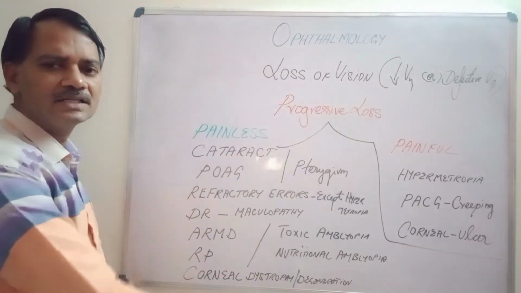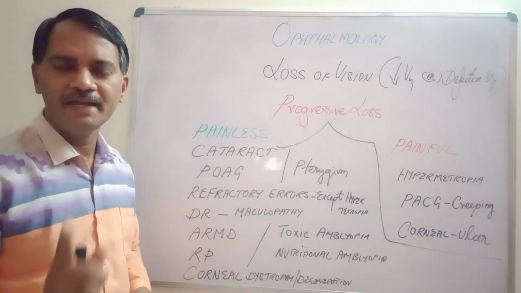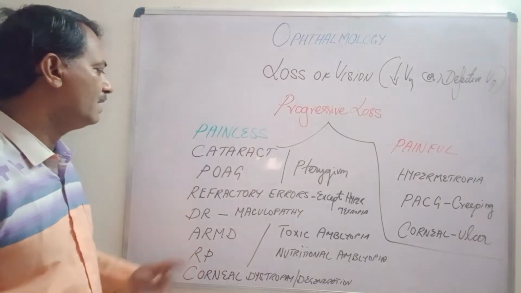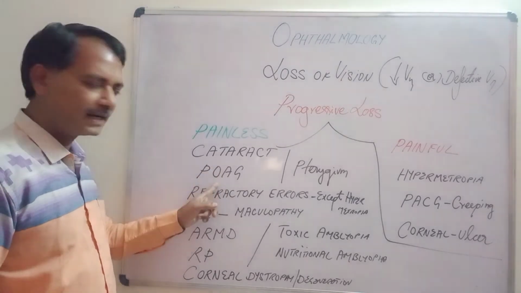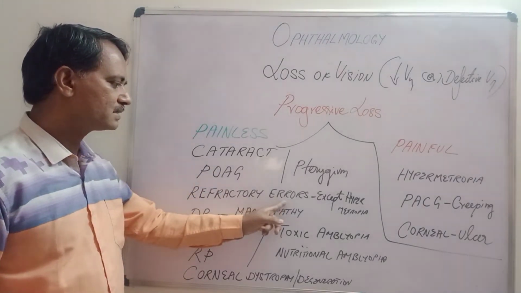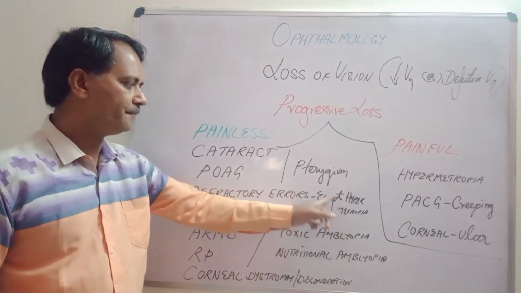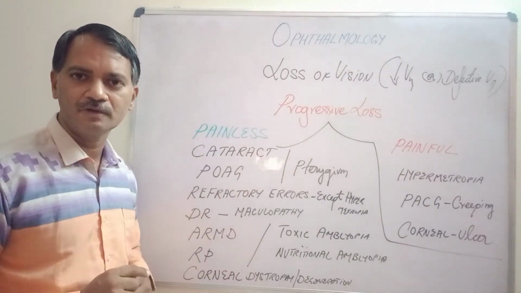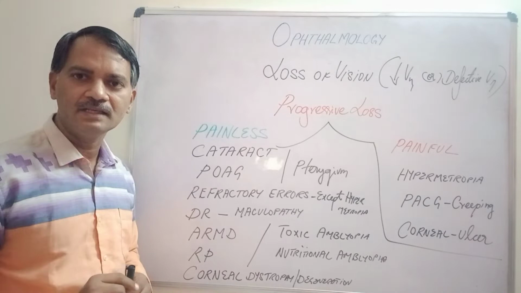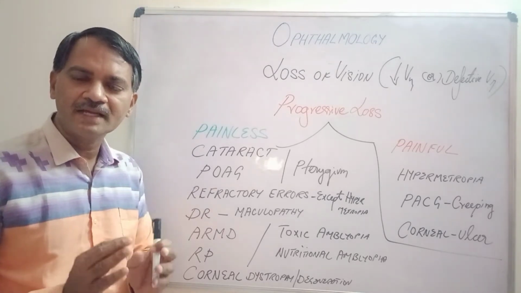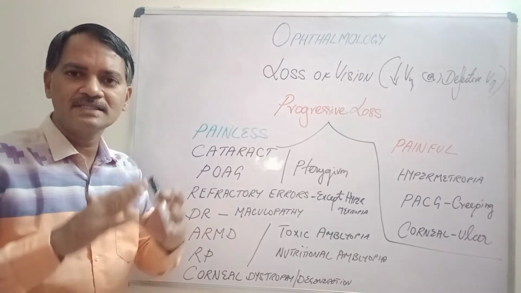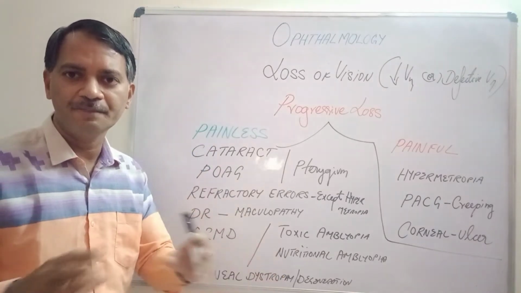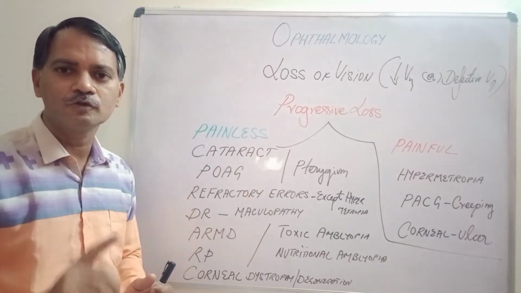There are so many conditions in the eye that can lead to painless progressive loss of vision. The commonest conditions we come across are cataract, primary open angle glaucoma, refractive errors except hypermetropia, and pterygium. Cataract, as you know, is the opacity of the lens or its capsule. It initially starts as a small opacity, with a small decrease in vision. When the opacity increases in size and occupies the entire lens, the vision reduces to the minimum. So it gradually evolves to reduce the vision.